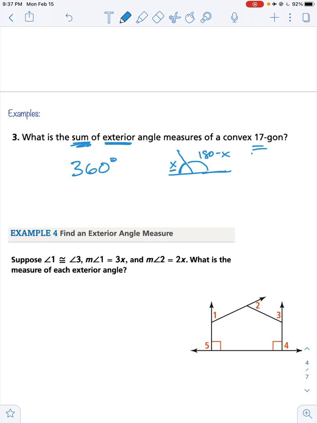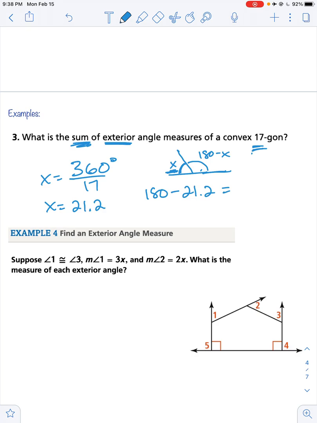So if I want to figure out what the interior angle of a 17-gon is, all I have to do is divide 360 by 17, which is the number of sides. And that's going to give me this x, this exterior angle, right? So then I take 360 divided by 17. I end up with x is equal to approximately 21.2, right? So if I want to know what the interior angle is, it's going to be 180 minus 21.2,